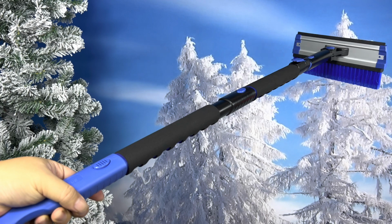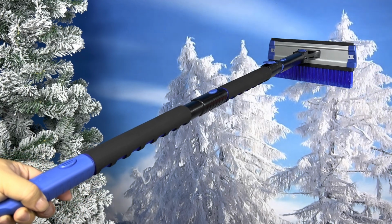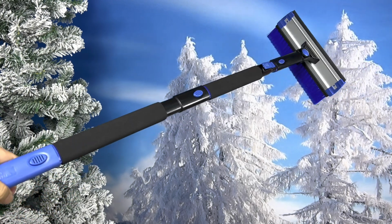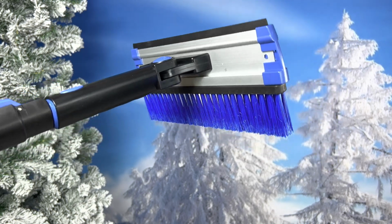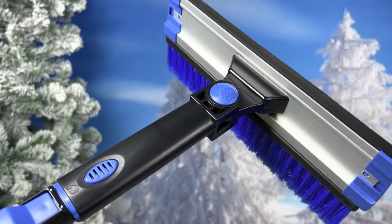But I tell you what, if you have a big car that you have trouble getting the snow off the top, you might be one of those guys that drives around, the snow's all cleared, but you have a big snow hat on the top of your car. Well, this will help you get that off so that it's not flying off, creating hazards for the people that are following behind you. If you want to stay safer on the road this winter when it's snowing,